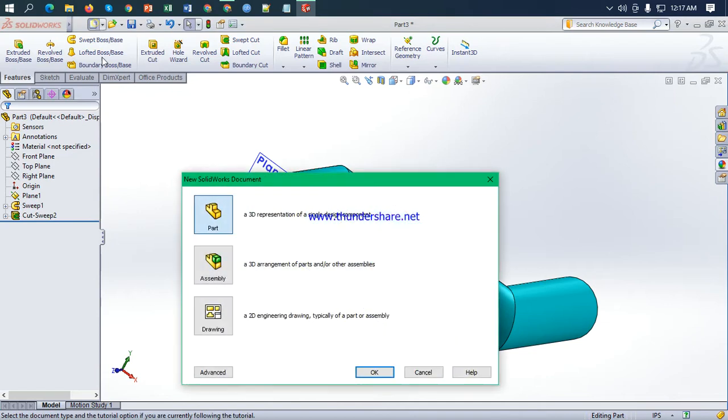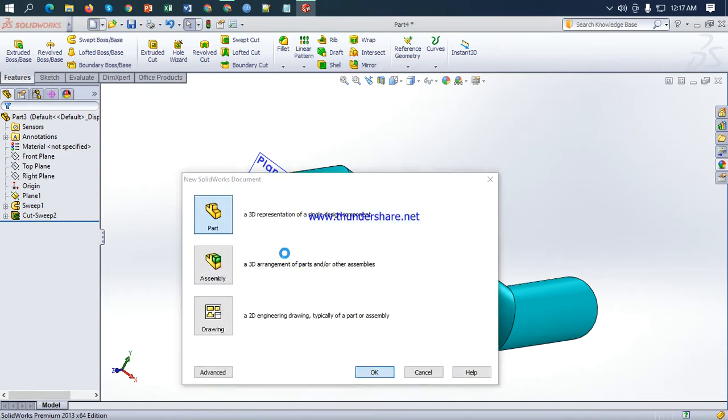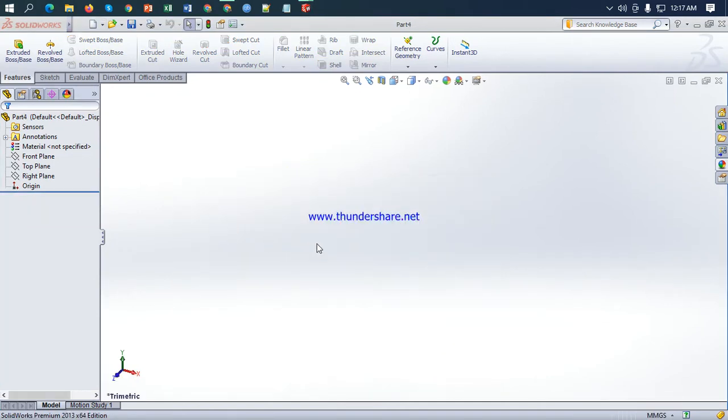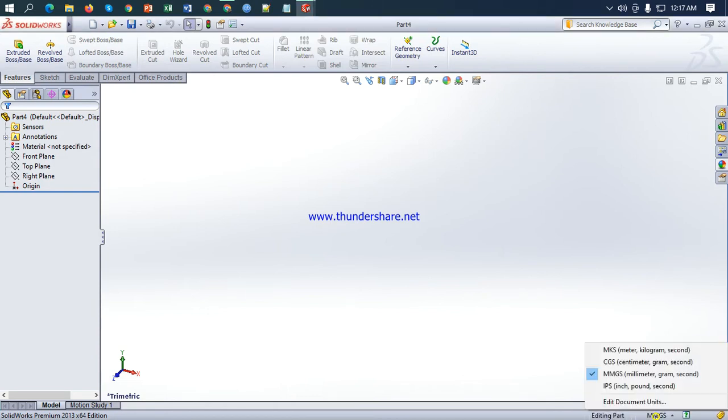First I need to take a new surface plan. Here you can see the unit. First you need to take the unit from here, in which unit you want to draw your pipe. I take inch, pound and second here. Okay, now for drawing,